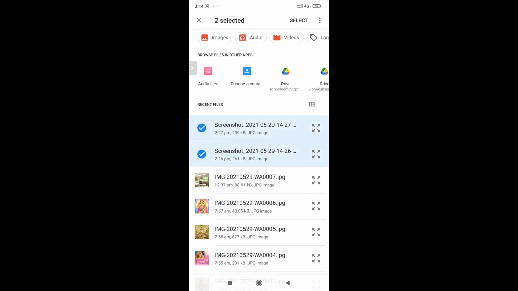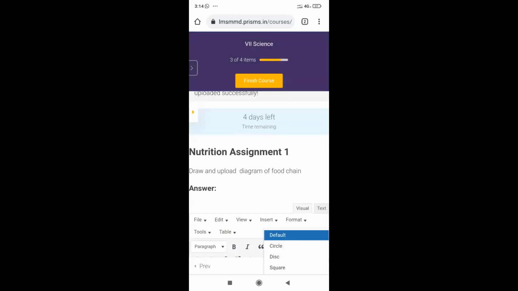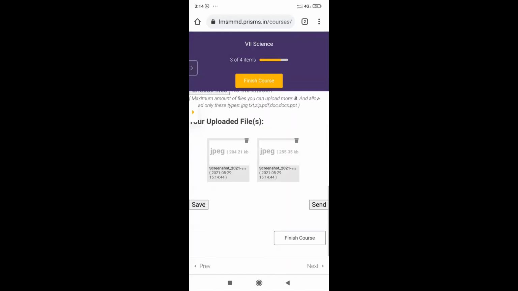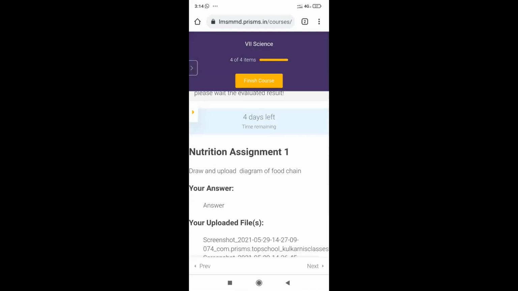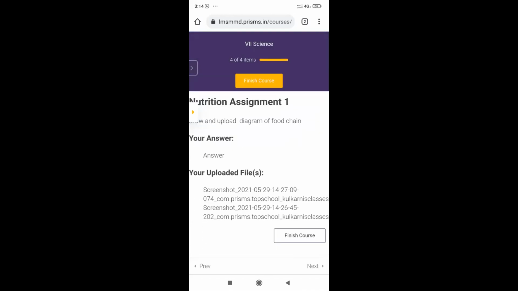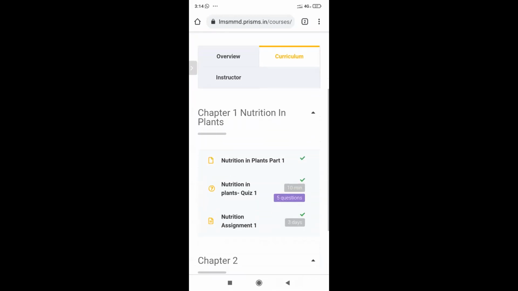You can upload multiple images this time. You don't need to upload one by one. You can select all the pictures you have taken and just click on save and send. That's it. That's how easy it is to complete the whole lesson, quiz and assignment.